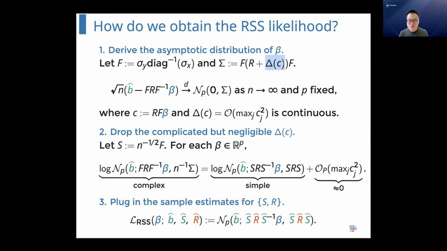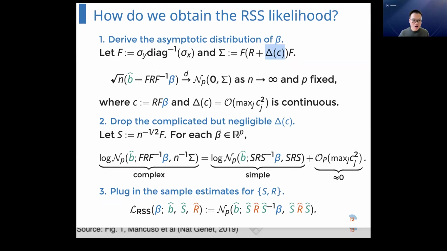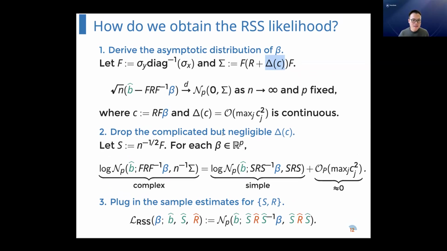And this is specifically for GWAS application. I cannot say for sure that the same technique can apply to other application cases. So now that we drop this very complicated term, which is negligible in GWAS data, we have this very simple form, okay? This form has a very simple mean structure and a very simple variance-covariance structure, but there's still